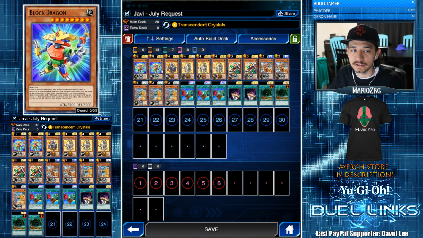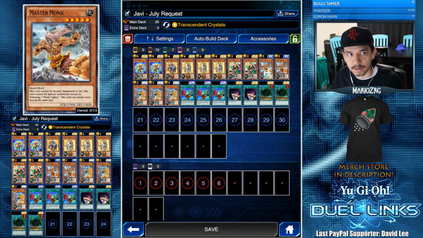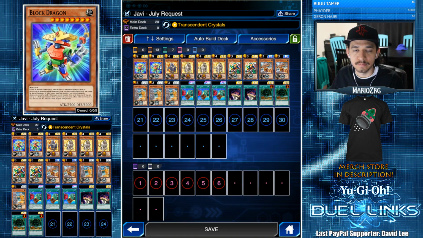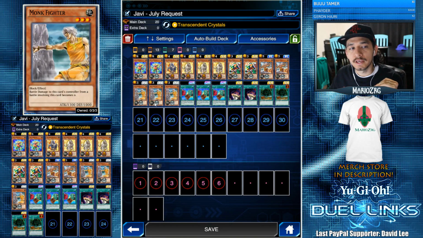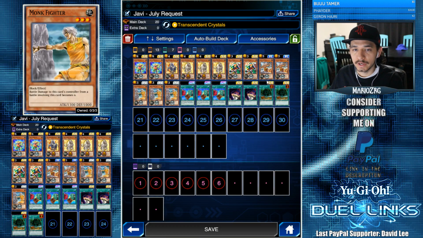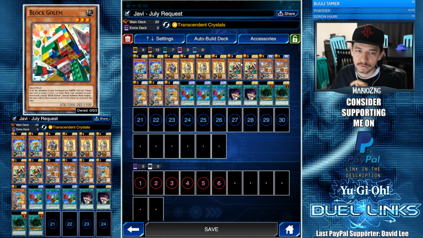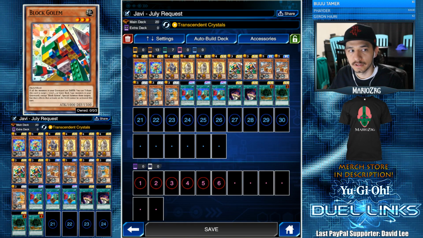And then if he were to get destroyed, I get to add up to 3 rock type monsters from the deck whose total levels equal 8, meaning I can get my Monk Fighter and my Master Monk once Block Dragon gets destroyed. Also, Monk Fighter can be in the graveyard if I need him to. Like if I'm trying to get my rare value engine going, sending Monk Fighter to the graveyard is okay because I'm running 2 Block Golem, and this is why I'm not running the Crystal Beast Pegasus, because it interferes with